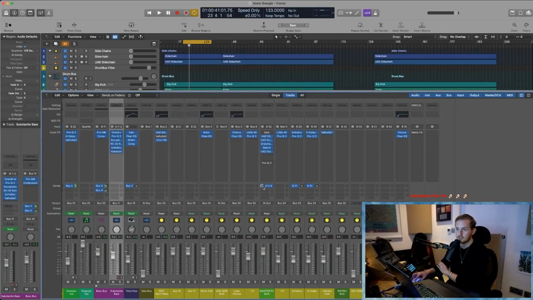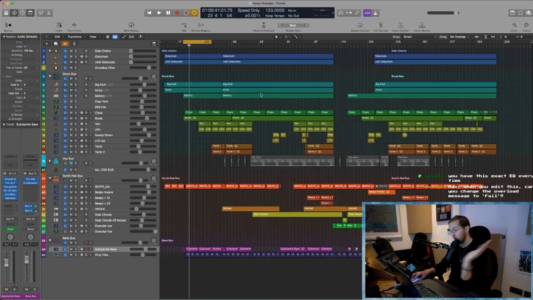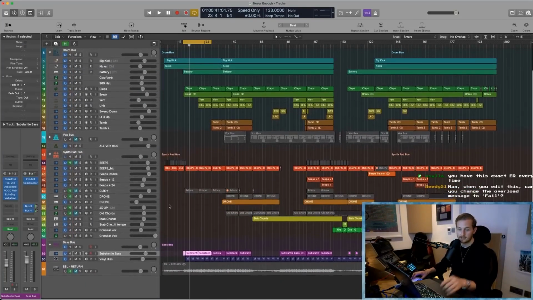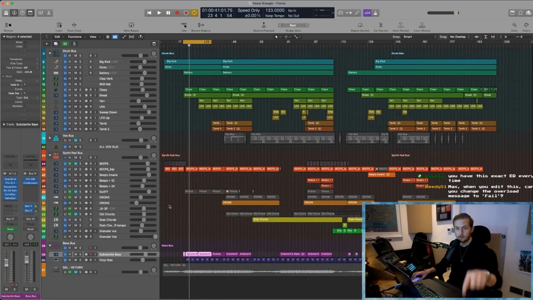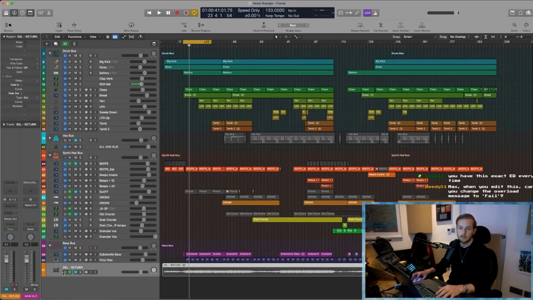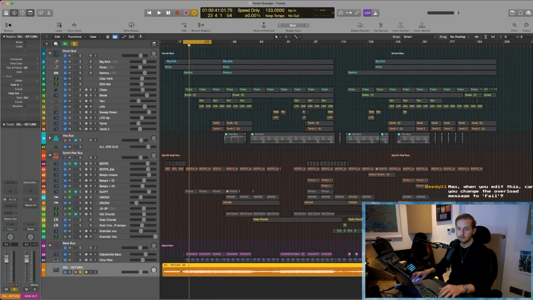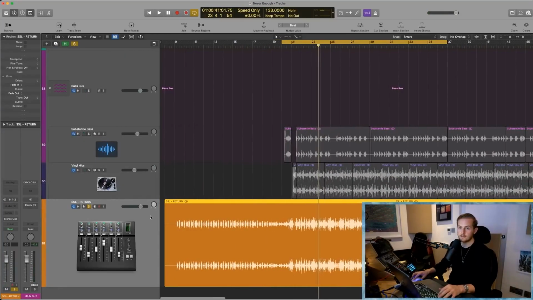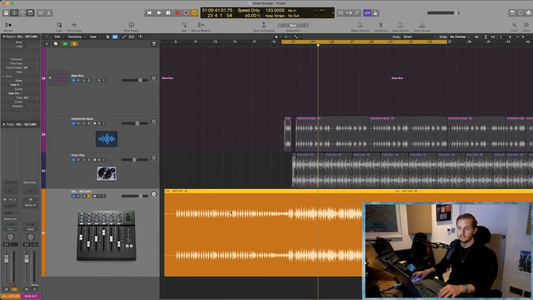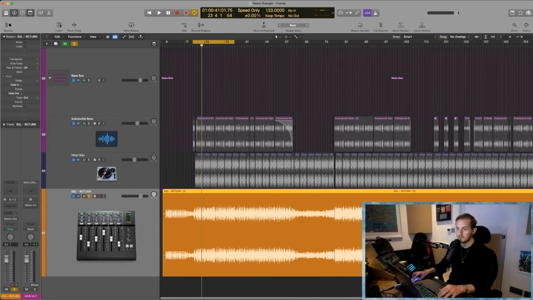And then as you can see here, I sent the whole mix out of output 3 and 4. Played the whole mix out of output 3 and 4 through my SSL desk here into the Fusion, and then hit record as it was playing itself, and you end up with that, which I've named SSL Return. So that's the whole tune playing from start to finish,